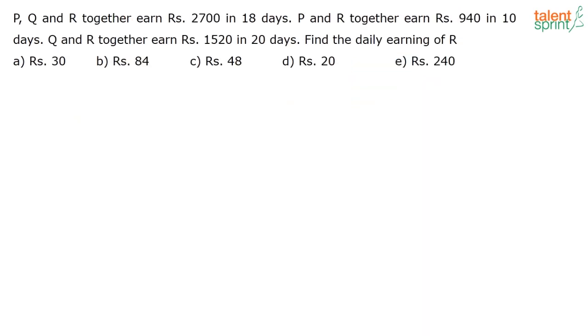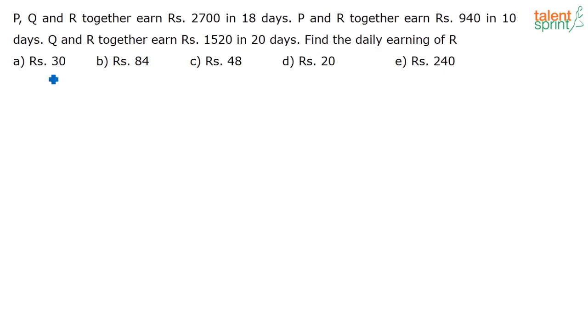P, Q and R together earn rupees 2,700 in 18 days. P and R together earn rupees 940 in 10 days. Q and R together earn rupees 1520 in 20 days. Find the daily earning of R. Again, a very easy question. The way we did the previous question, similar rearrangement of the values that is given will give you the answer